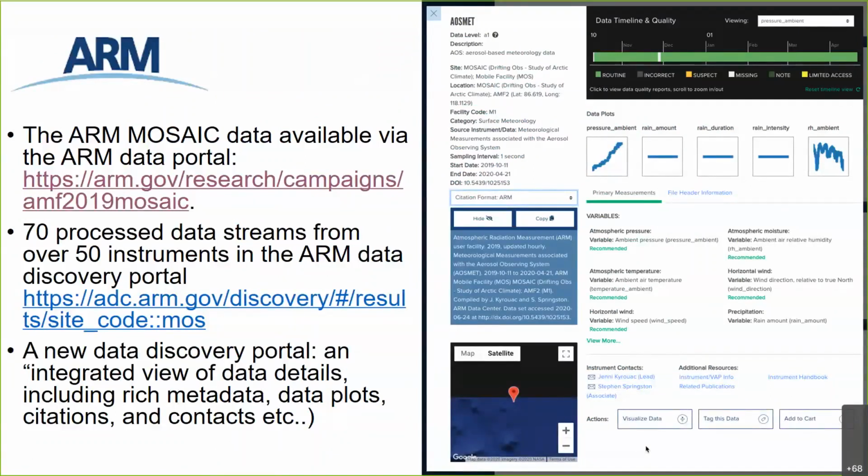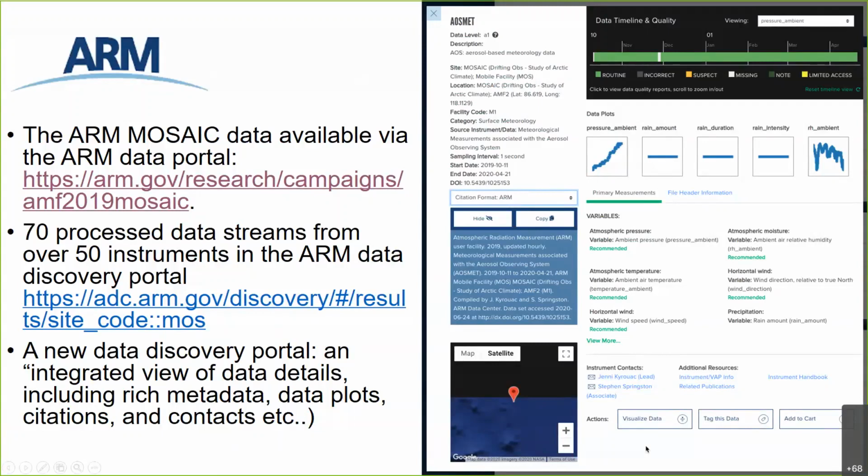As for the other repositories, I can show you an example of the Atmospheric Radiation Measurement, ARM repository. So here the MOSAiC data are already published as well. They are available, or starting to be published as well. They are available via the ARM data portal with a link here.